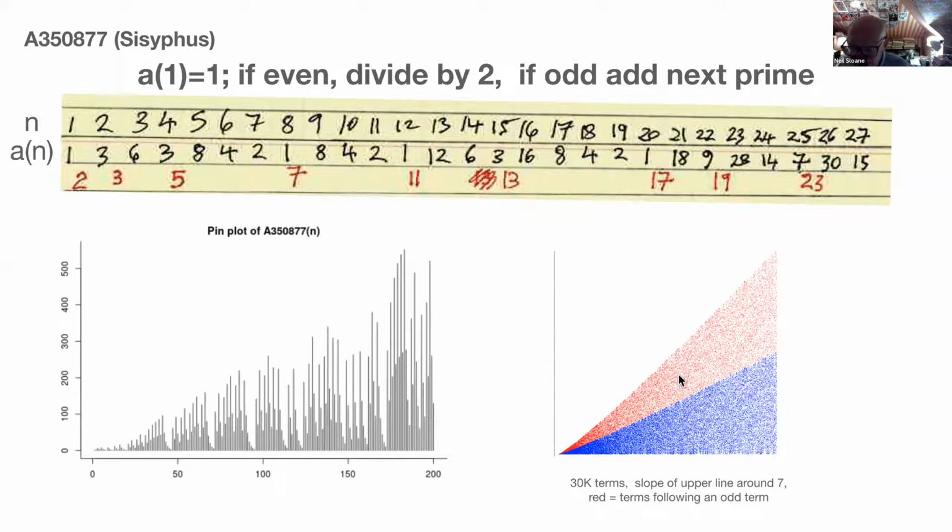The red dots are terms that came after odd numbers. So when you get an odd number, you add a prime, and they're the big numbers, and they're in this red region. And then you divide by 2 repeatedly, and they're down in the blue until you get to another odd number. So the slope here, I measured it, it's about 7n. So A of n on this line is about 7 times n. But in fact, it's almost certain that the slope is log n times a constant, because